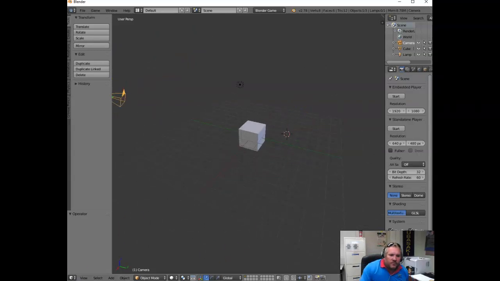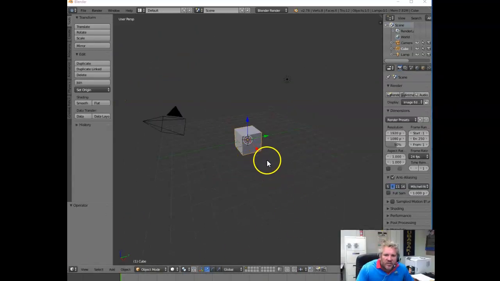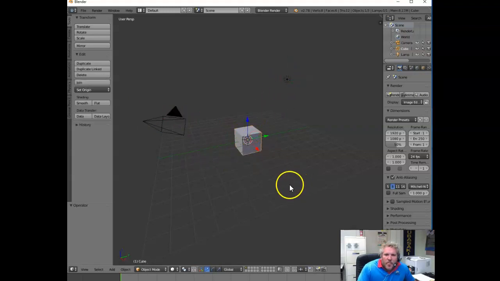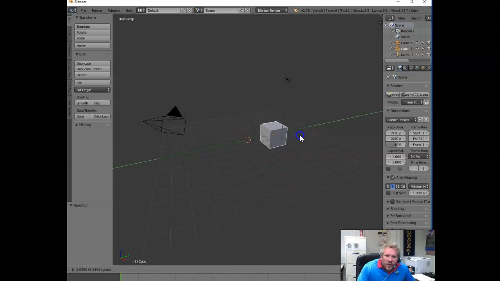Okay, so let's do some funky things to this cube now. Let's select it by right-clicking. You can right-click the lamp, or right-click the cube. I can move this. Right now you have these little widgets down here. This one's transform, this one's rotate, and this one's scale. To transform, I can move it along